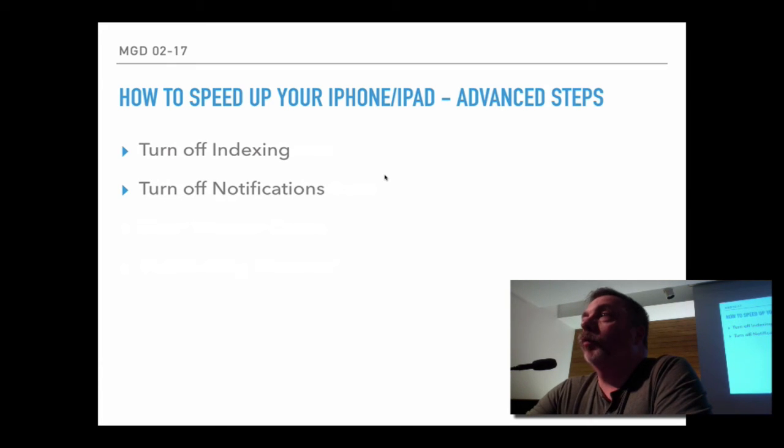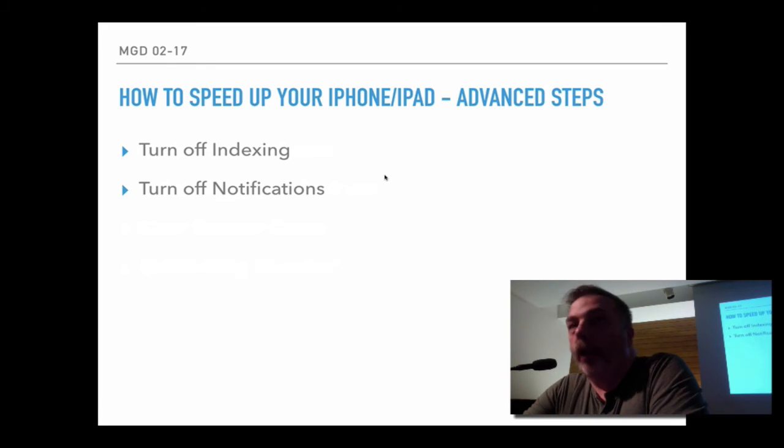This is my own personal pet peeve, notifications. Most apps, when you install them, ask you, do you want to receive notifications? And they ask you how you want to receive them. This is very similar to, say, a startup item or a login item on your computer. So it does take a little bit away from the resources when you're getting into your device and you're doing things. To turn them off,